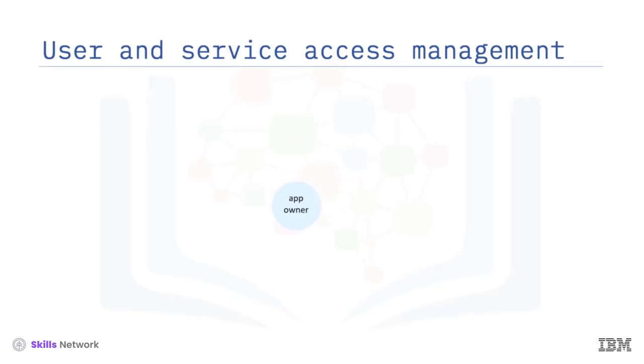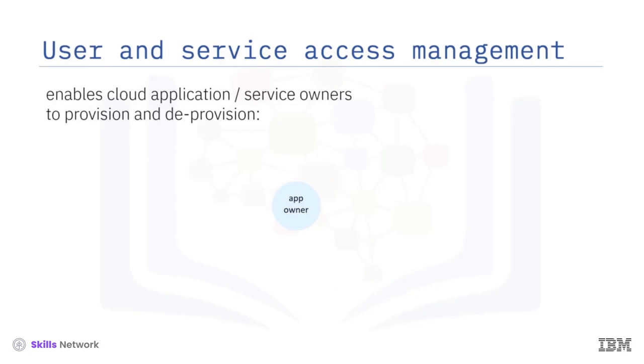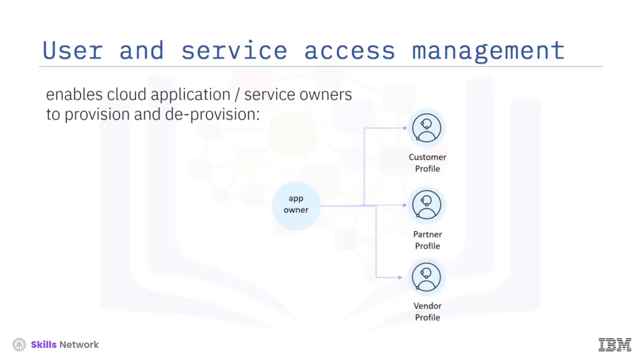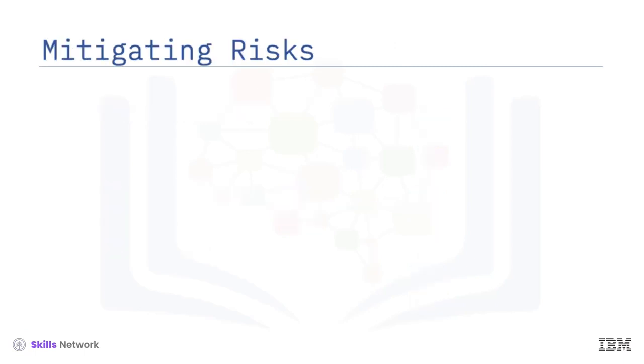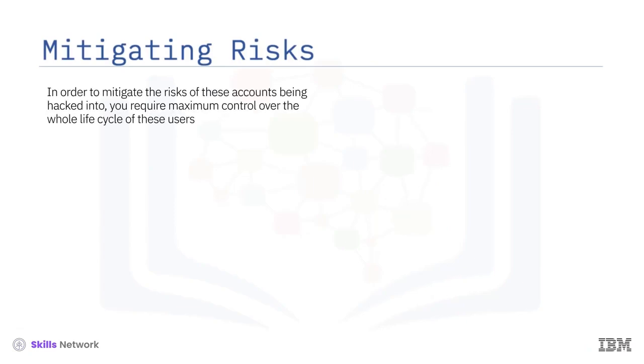User and service access management capability enables cloud application and service owners to provision and deprovision customer, partner, and vendor user profiles with minimal human interaction. This streamlines access control based on the role, organization, and access policies defined by the owner. User accounts of administrators or developers give access to sensitive information. In order to mitigate the risks of these accounts being hacked into, you require maximum control over the whole lifecycle